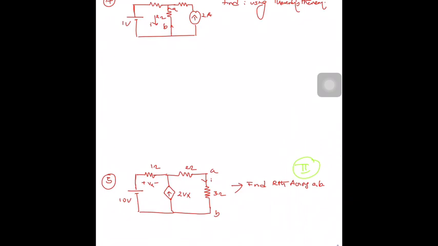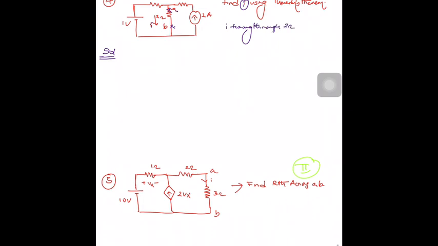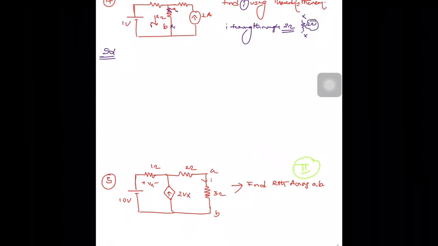Now let us go for Thevenin's theorem. Interesting. Thevenin's theorem. Find I1. What is I1? I1 is the amount of current flowing through the AB terminals. Okay, in the question the terminals are mentioned. Even if they are not mentioned, they will say find current I1 flowing through 2 ohms. That means just mark the terminals across 2 ohms. Now we should find the Thevenin's equivalent circuit across these terminals.